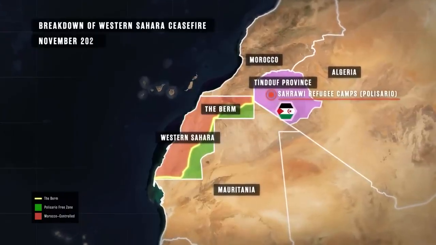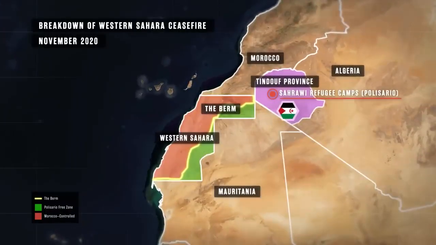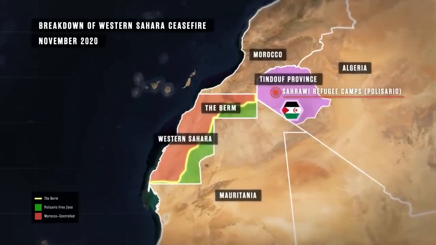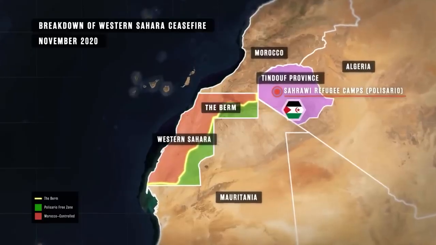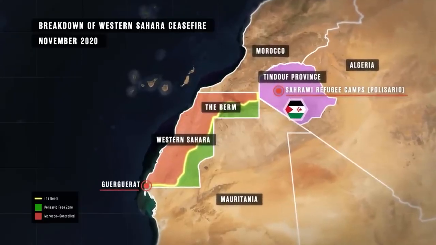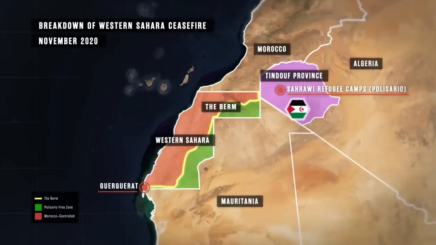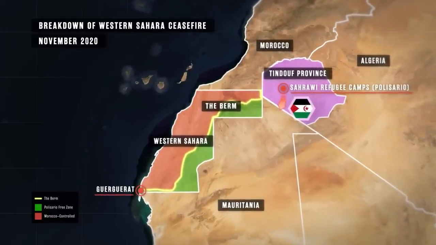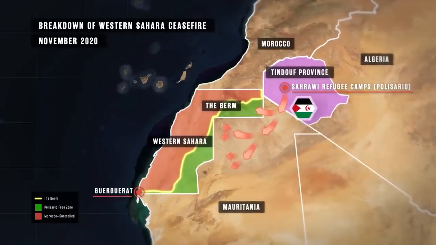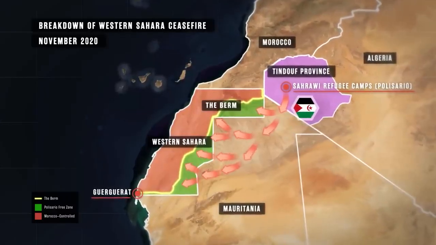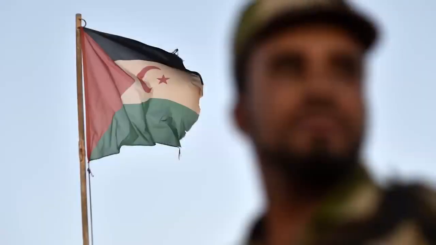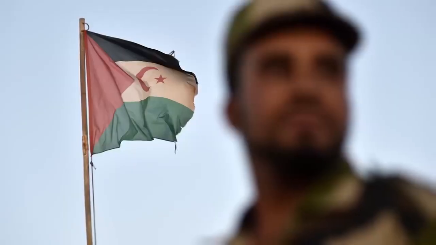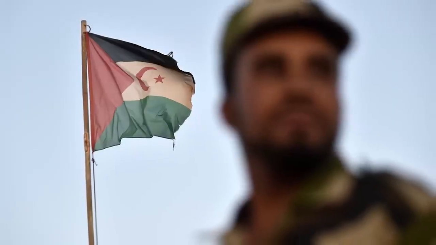In November of 2020, after 29 years of the ceasefire holding in the territory but with no diplomatic progress towards a solution ever being made, Moroccan troops entered into the demilitarized town of Guerguerat near the de facto line of control, which the Polisario Front declared was a violation of the ceasefire agreement, which they responded to with renewed armed attacks against the Moroccan army along the Berm Wall that they began launching from their camps in Algeria again. And with that, the 29-year-long ceasefire agreement collapsed and war returned to Western Sahara once again, that has continued ever